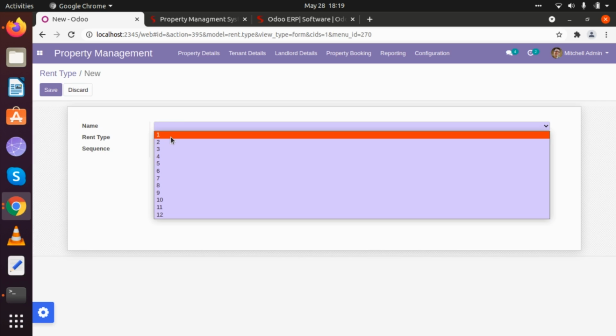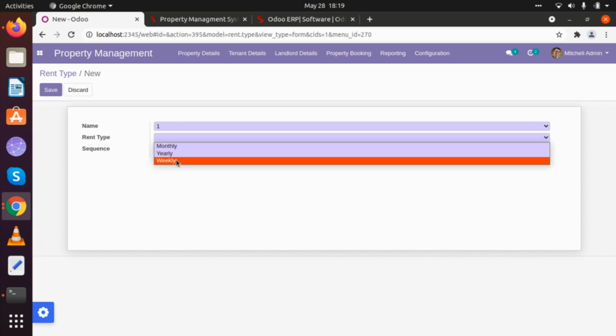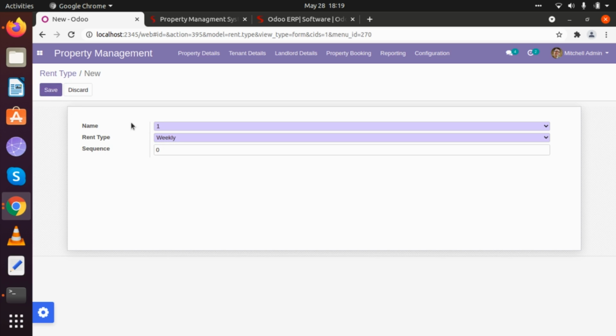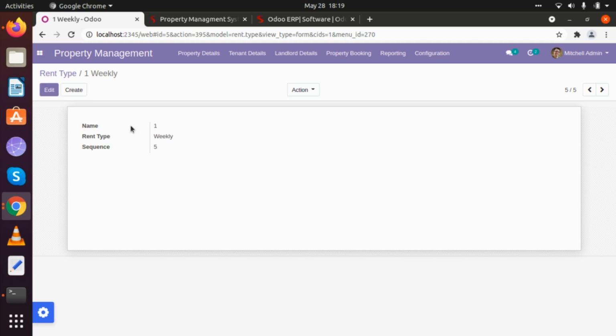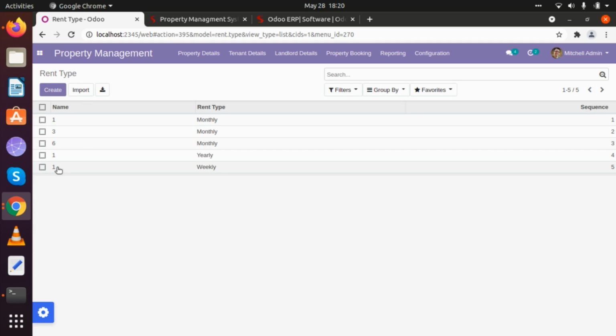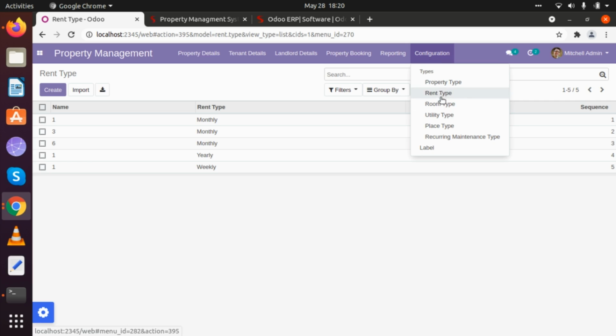Let's say I want to add a weekly property rent. That will be added here in my rent type, so every week the rent request will be generated based on that.